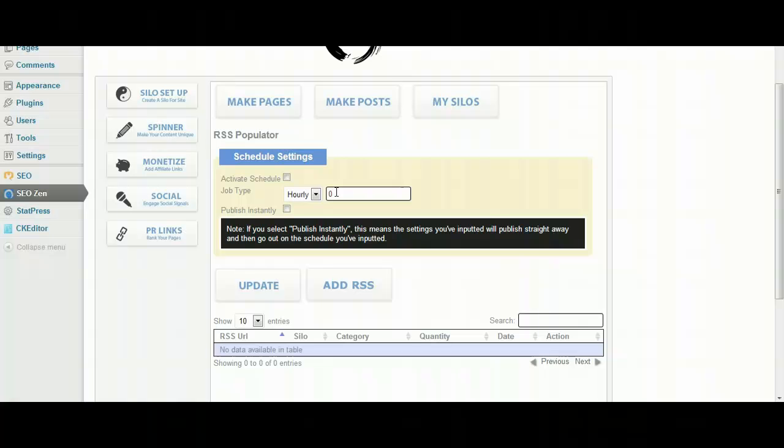to have their content put elsewhere on the web, and once you've done that you can leave your website to publish posts once, twice, 3 times every day, and then you've basically set it on autopilot. So that is another way of filling your website with content. You can set it to come on hourly or daily. So if you did it daily, for example, and you put 3 in there, you would get 3 posts published each day, and that'll be 3 posts from every feed that you got connected